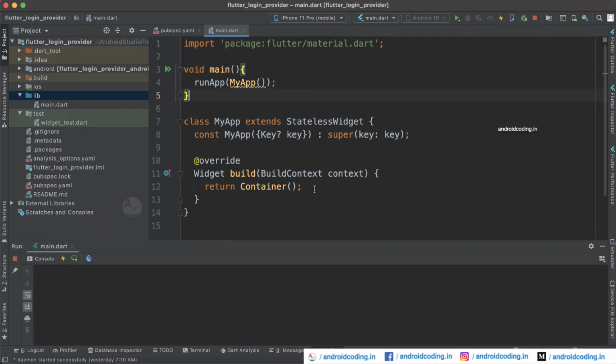In a general scenario, what we try to do is pass the information from one screen to another. For example, you are in the login screen. After successful login, when you move to the welcome screen or dashboard, there you need to fetch the user details, and from there when you move to the profile screen, again you need to pass the user information. And when you are trying to make any service call, there you need to provide the user credentials. So in this way you need to pass the information from one screen to another.